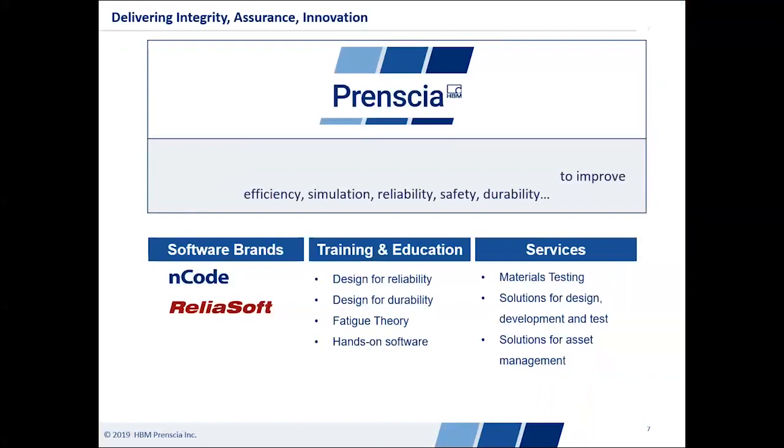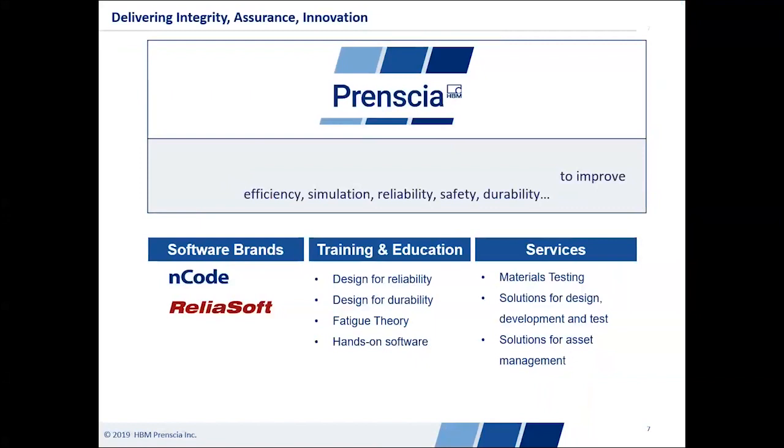We're part of Francia, which is a division of HBM, and we're basically responsible for software. And so we'll have two brands of software, nCode and ReliaSoft. We also provide training,